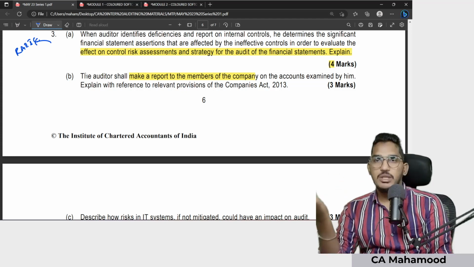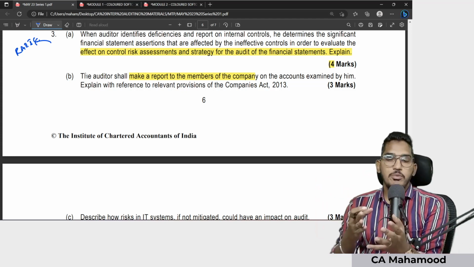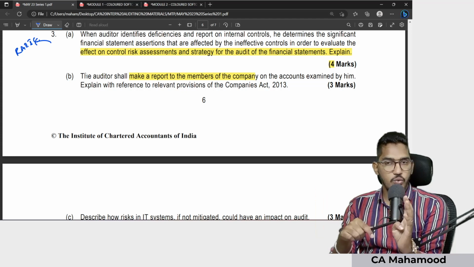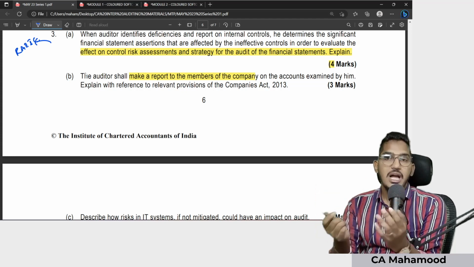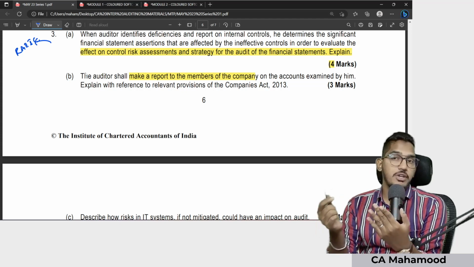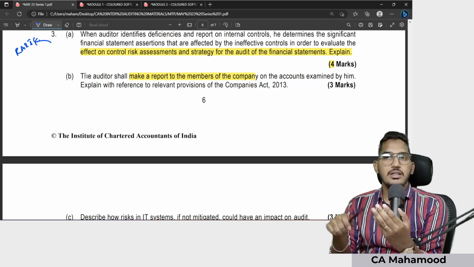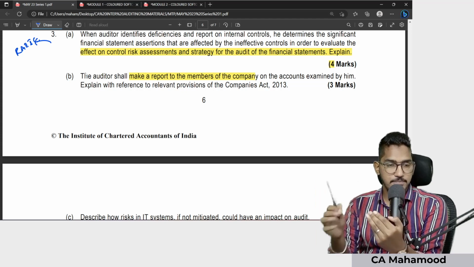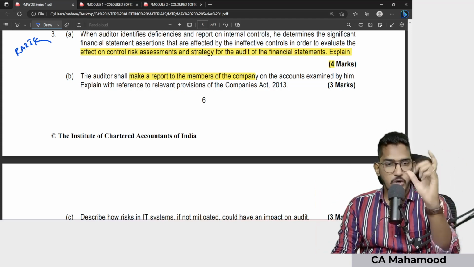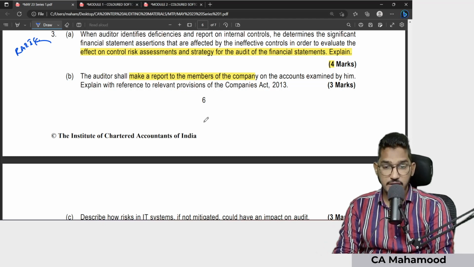So the auditor has to report to the members of the company on every financial statement which is laid before the general meeting. In that report, he has to mention whether the financial statements give a true and fair view of profit and loss, and whether they give a true and fair view of assets and liabilities. And also that report is required to be prepared after taking into account the provisions of accounting standards, standards on auditing, and also keeping in mind the provisions of the Act, that is, the Companies Act. So the right to report point will be there in the company audit chapter that you are supposed to write here. Next question.